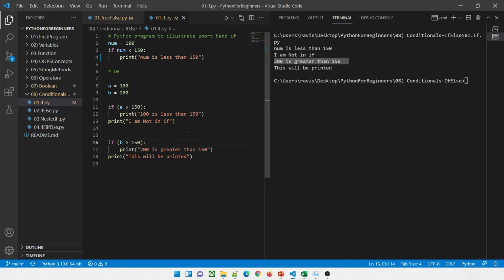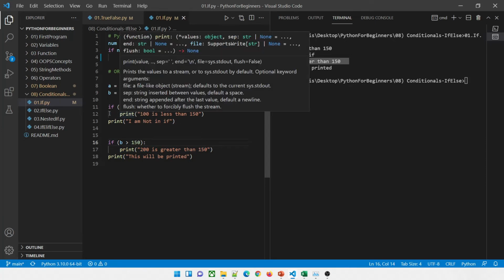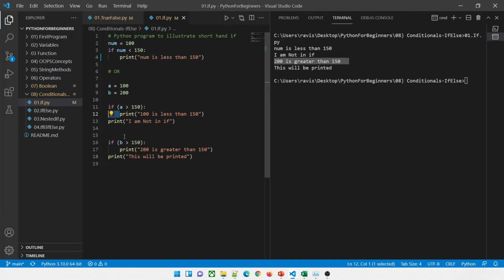Now make sure that this is indentation. This is something you need to take care of. Otherwise, if you remove this, there could be a problem in your program. This will anyway be executed. Why? Because whenever the control goes from here, it will print over here. If the condition is fulfilled, then it can be skipped, which is what just happened in this one. But this code will anyhow run. So this is perfectly fine.